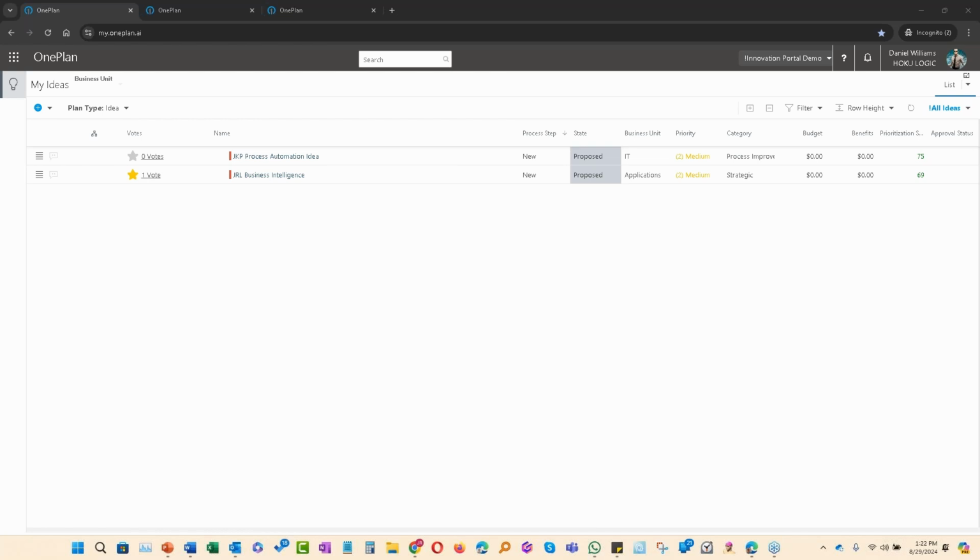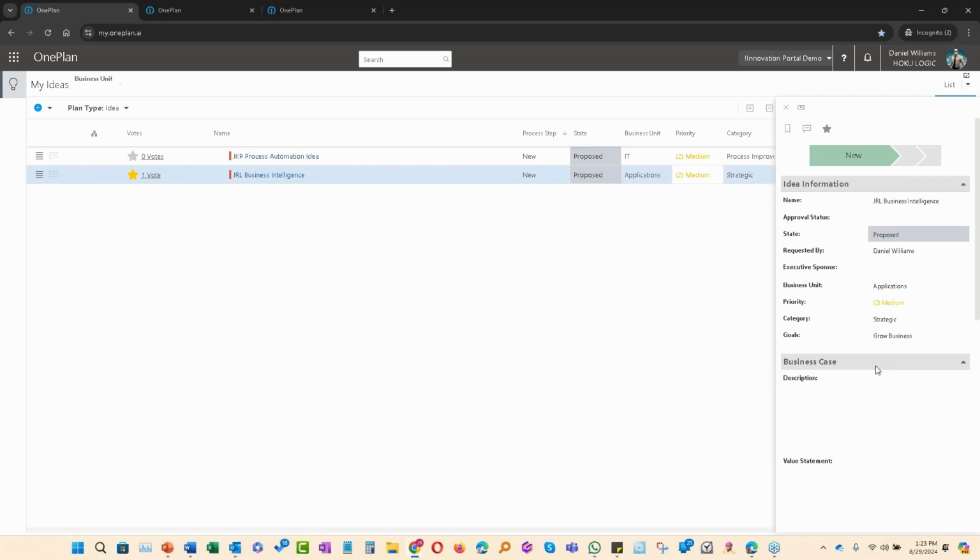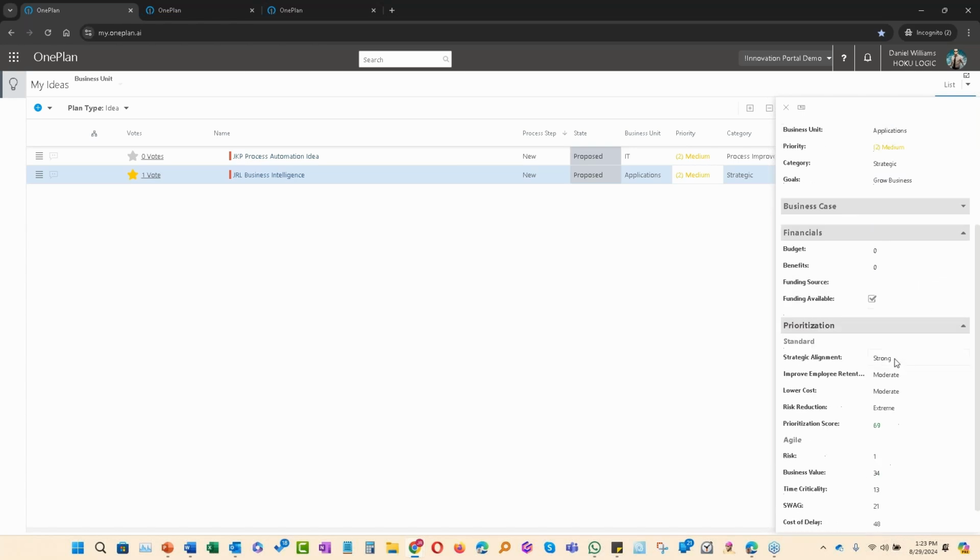So OnePlan has an innovation portal, and basically it's a capability for anybody in the organization to submit a request. Now, likely in your Agile methodology, you might have customers that are putting in feature requests, teams, but this applies to anyone in the organization. So this could supplement what you currently have in order to be able to capture all requests from all different stakeholders. In this case, it's a very simple way of capturing initial business case information that you are then going to be having